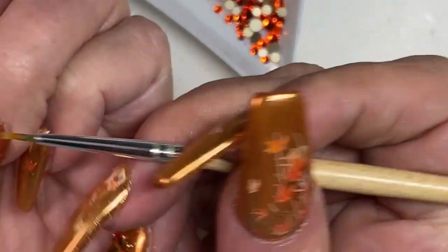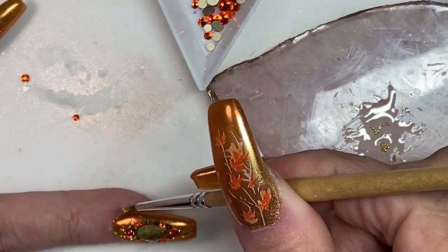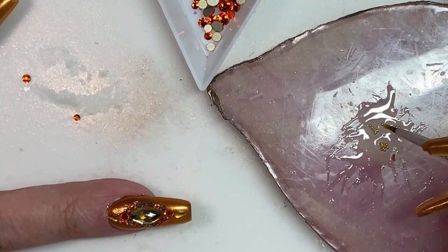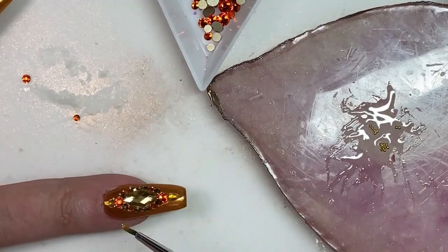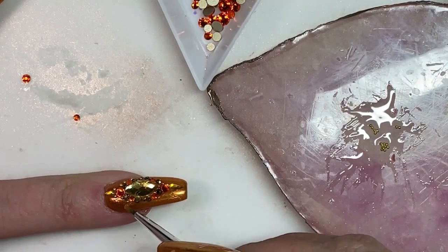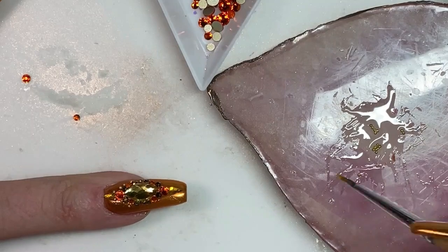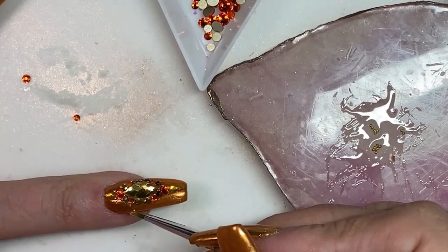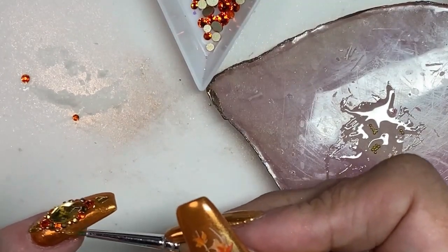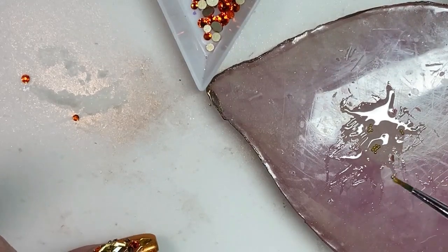Okay, now I have cured all of those center ones, which I am now moving on to the caviar beads. I have mixed them with top coat, and I'm putting them on that way because I did not want to try adding any more glue to this mess. Now, some of these you're going to see me putting on, some you're not, because I was out of shot through a lot of these. So I had to edit a lot out. But basically I'm putting them in between all of the caviar beads,